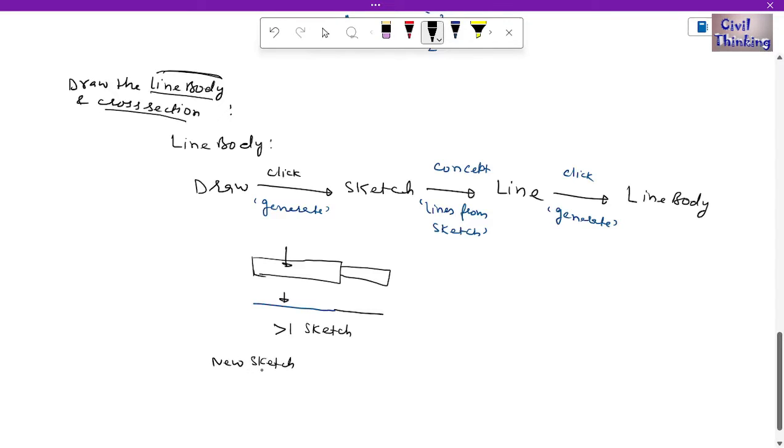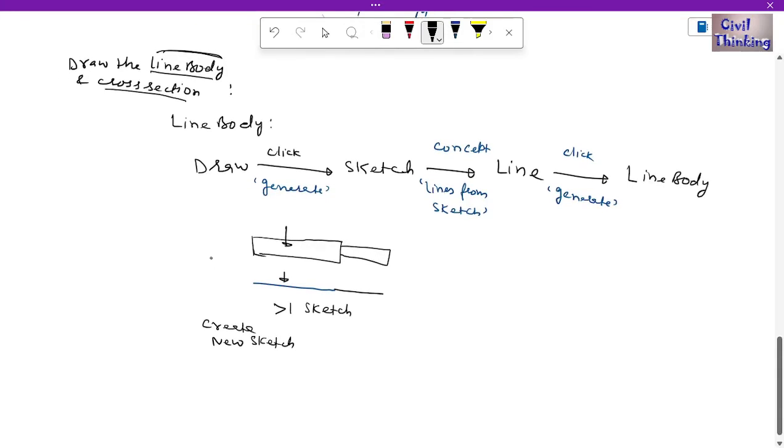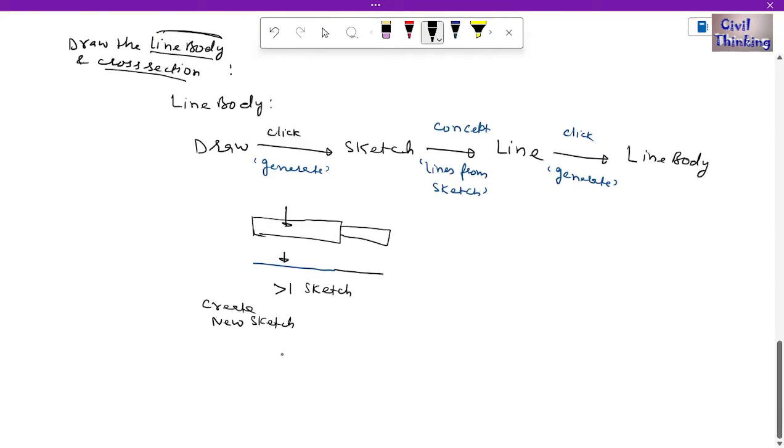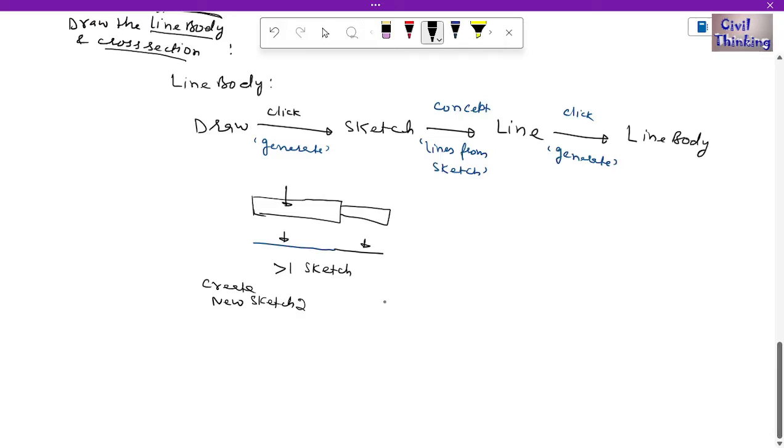You have to create a new sketch. Then follow all of these steps again for the sketch number. For example, this is sketch 2. For sketch 2, you follow again all of those steps, so then you will get this line body, right? Now because you have more than two bodies, so then at the end you will get